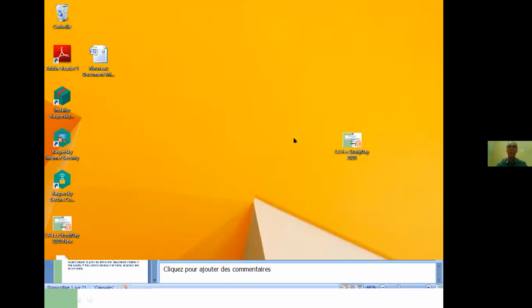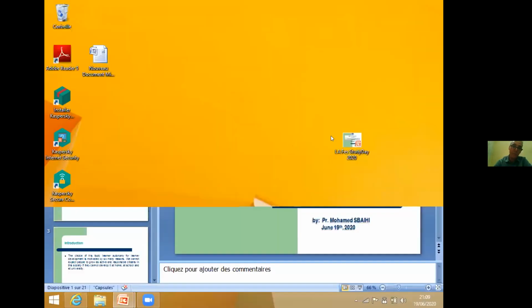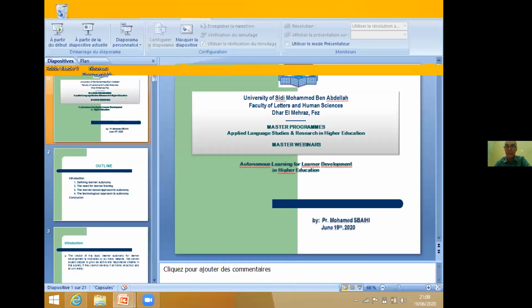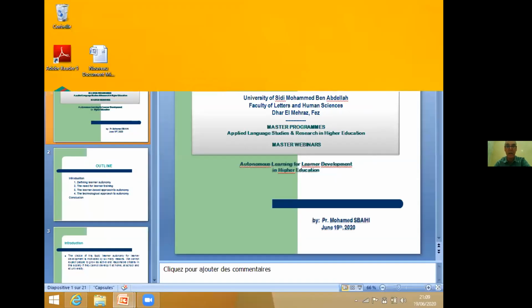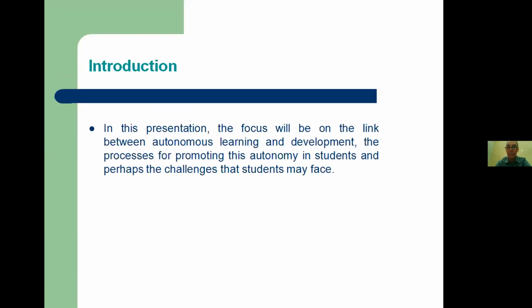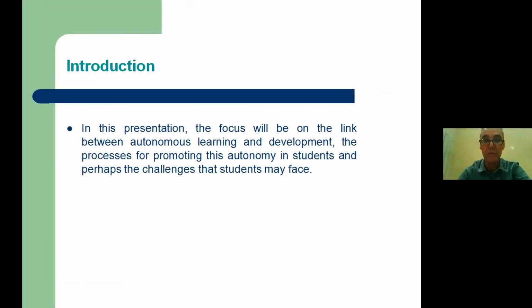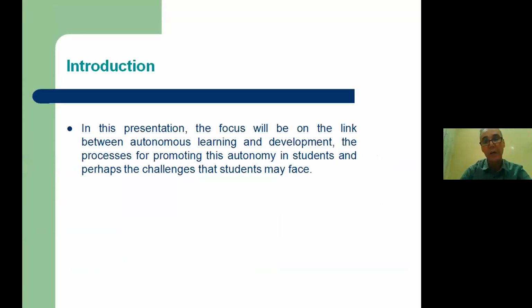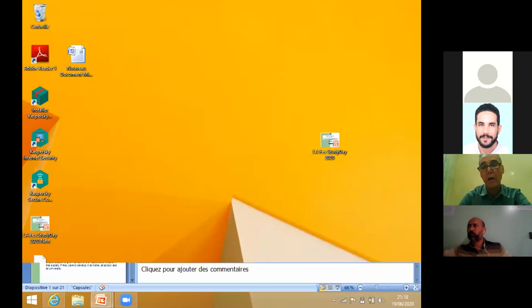Now, the choice of this topic, learner autonomy for learner development, is motivated by many reasons. For me, you cannot expect people to grow as active and responsible citizens in society if they cannot develop this independence at home, at school and at university. So in this presentation, I will be making this link between autonomous practices and the development of students, not just at university but also outside. Because I believe that students cannot develop on their own. It is something acquired, but there are things that need to be trained, and we need to offer opportunities for students, inside the language classroom but also outside. Of course, there are challenges, but with the collaboration of all parties, teachers and